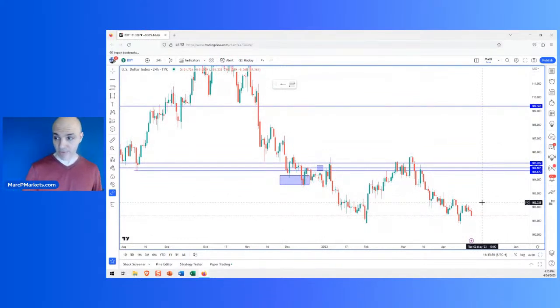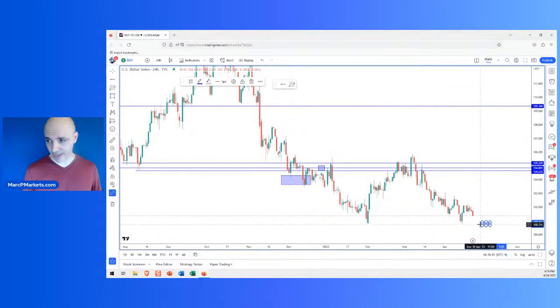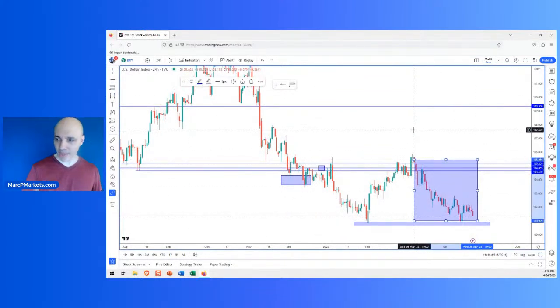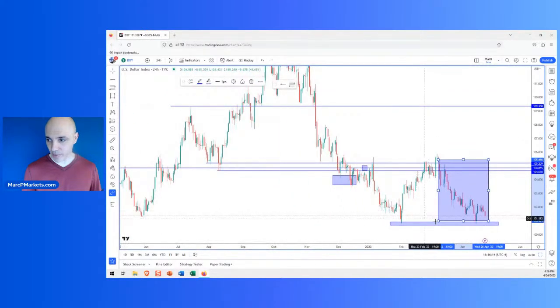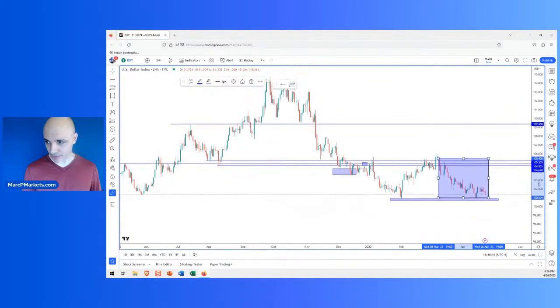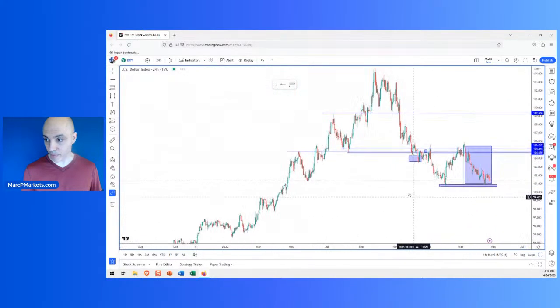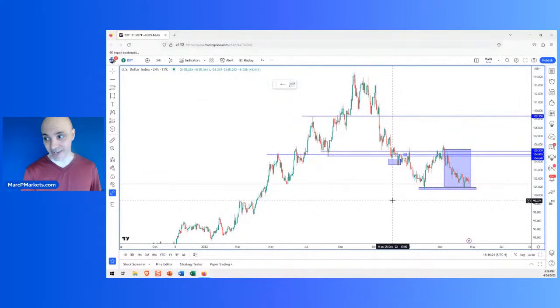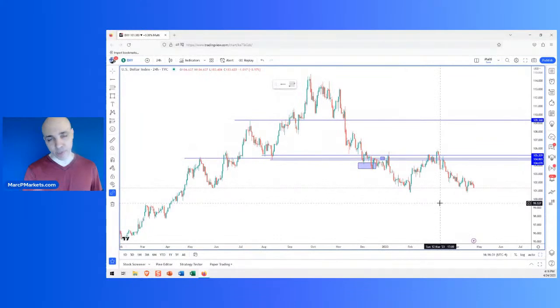This is the dollar, the U.S. dollar. Now, the dollar has been nothing but very, very problematic. Okay, it's been in this bearish structure here, but that's a bearish structure, but I'm not calling that a trend exactly because we may be in a double bottom situation, right? Double bottom situation in a broader bullish trend. Got to be careful with this, right? So this possibly a long on the dollar is just no confirmation. If that's the case, then everything against the dollar is going to turn the other way.